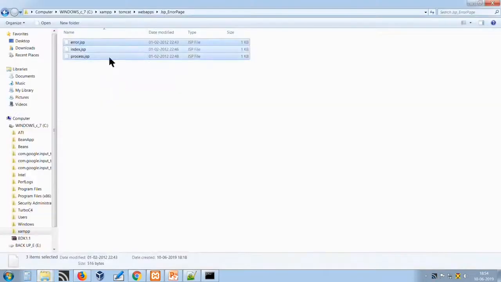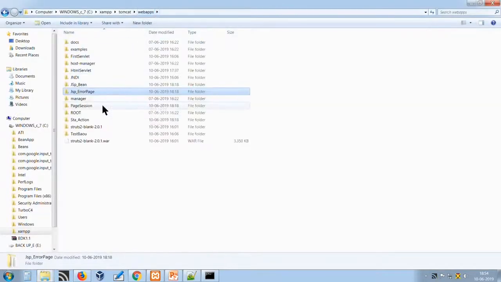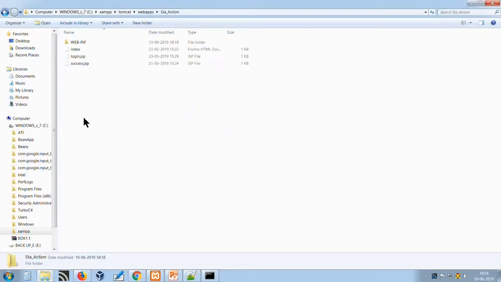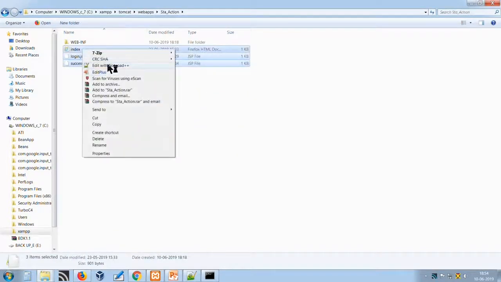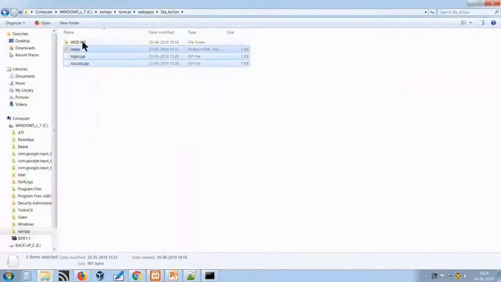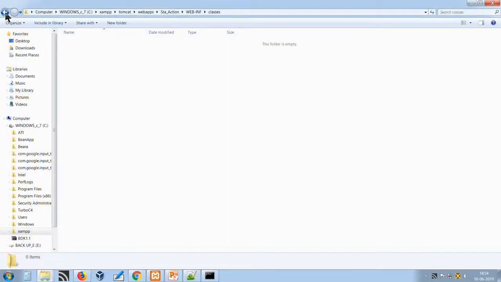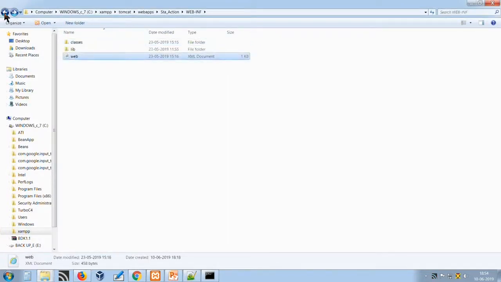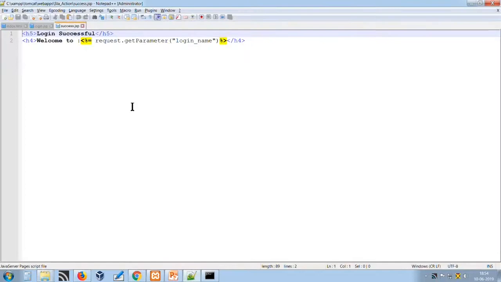The next concept that we can discuss is standard actions: login, success, index. We have 3 files, let us see what they contain. No controller, no mappings, only 3 files as we are dealing with JSP.